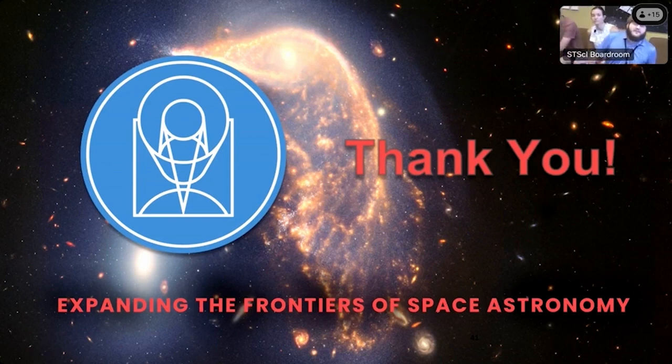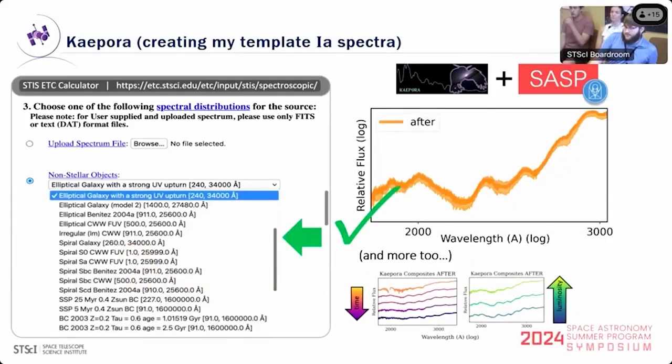So it mainly is when you upload the spectrum, and I can go back to here. When you select the spectral distribution, the exposure time calculator does a bunch of computations to see how many counts it will expect, right? And if the brightness will be too much for these detectors. And so basically the main idea here is that